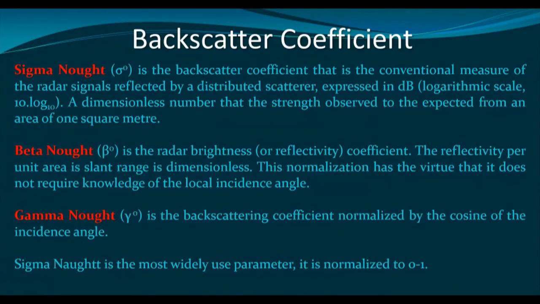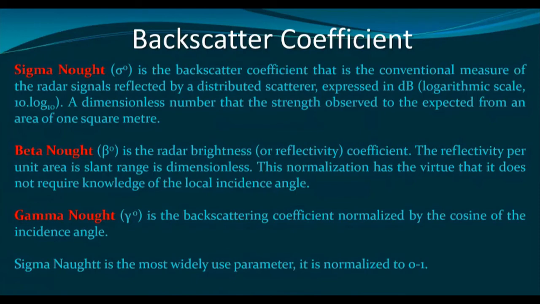Beta naught contains a geometric impact on the radar backscatter. For example, bright pixels in the foreshortened areas or the slopes that are facing towards the radar. So, as you can understand, sigma naught data is much better than the beta naught. A beta naught image is useful to compare images of different sensors or different times and provides rough information about surface scattering mechanisms and surface properties.